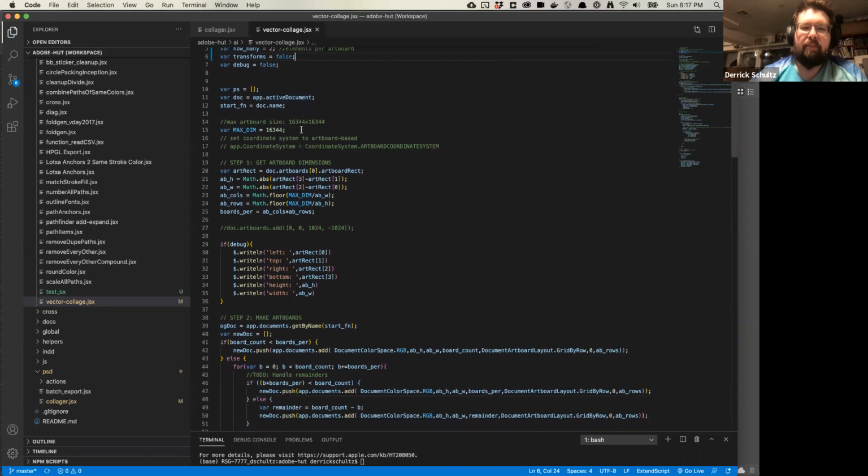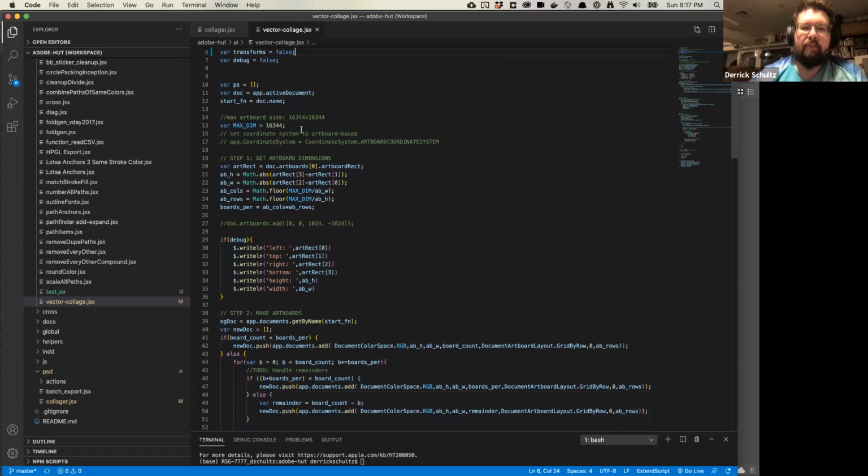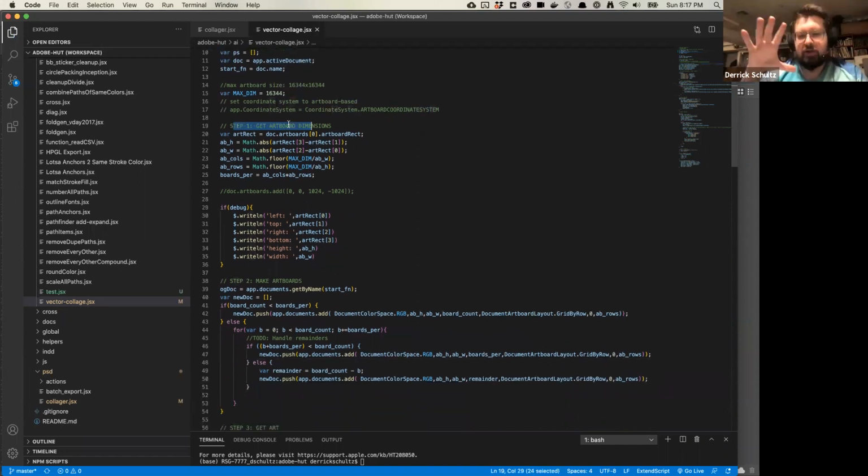Okay, so what's going to happen here? We're going to go through, and I've tried to document this fairly well. First thing we need to do is get the dimensions of the artboard. I've made all my artboards 1024 by 1024. In general, I would say make your artboards the exact same size, and probably make them the pixel size you want. There's a downside to this, which is that Illustrator has a max size of a page, right? A page can fit many, many artboards in it, or a document can fit many, many artboards in it. But